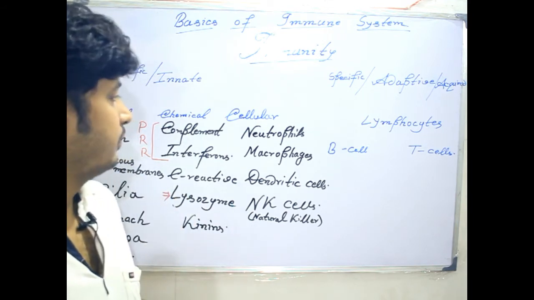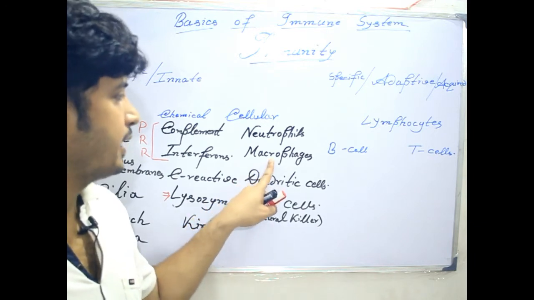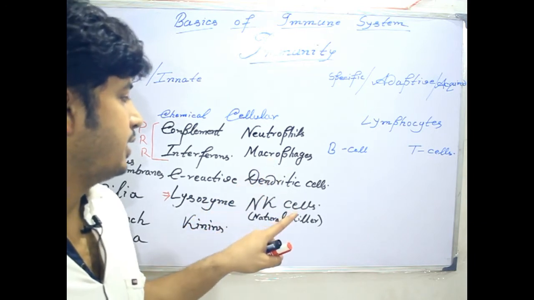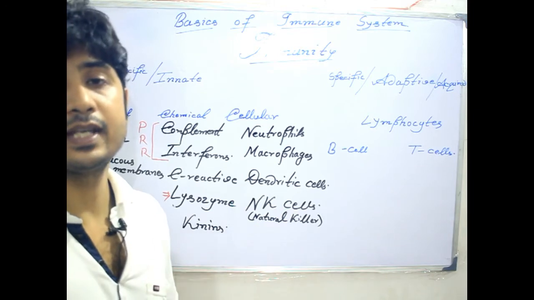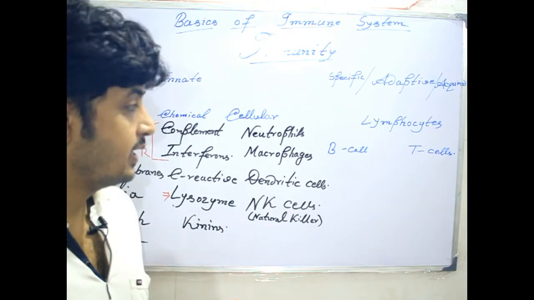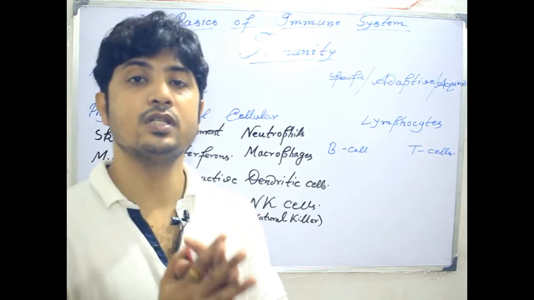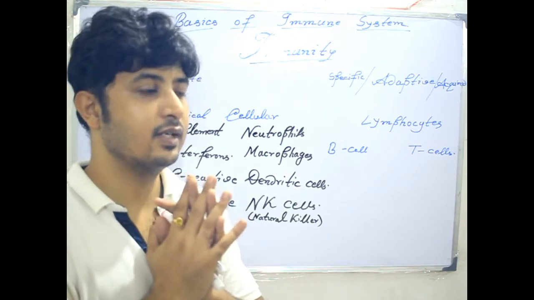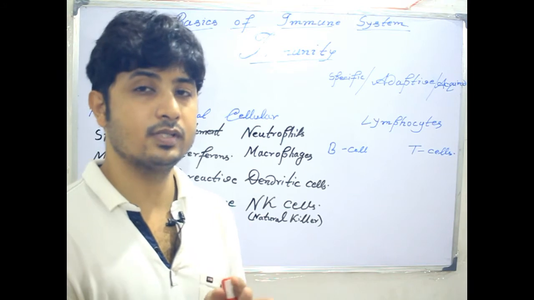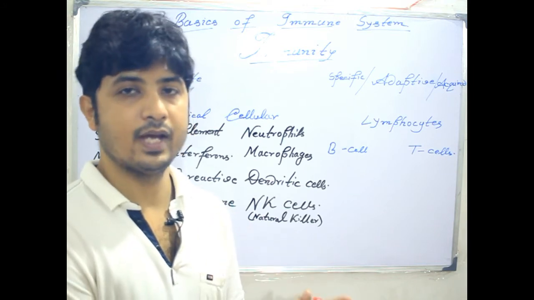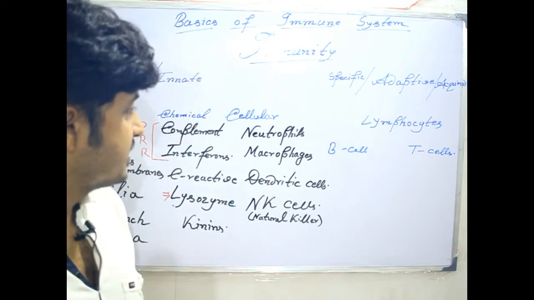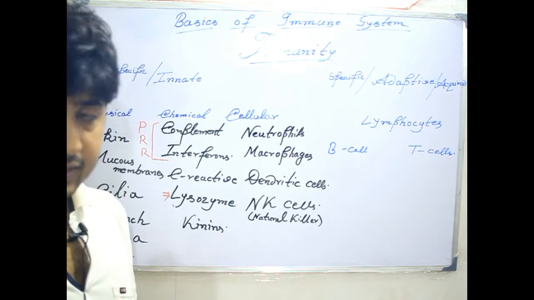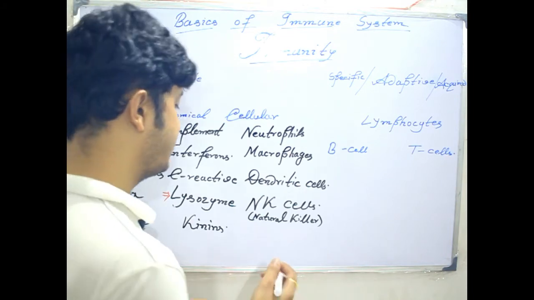Most of the cells like macrophages and NK cells have this kind of receptors. They have receptors which are able to recognize the particular pattern of the antigen. So what type of receptors do they present? There are several receptors, but I will say specifically here